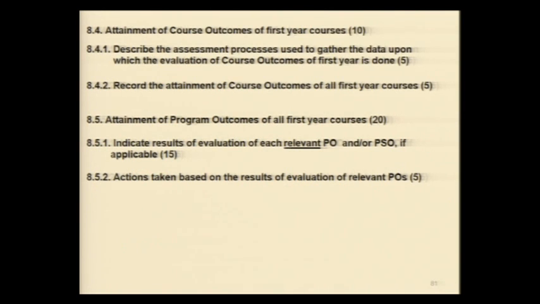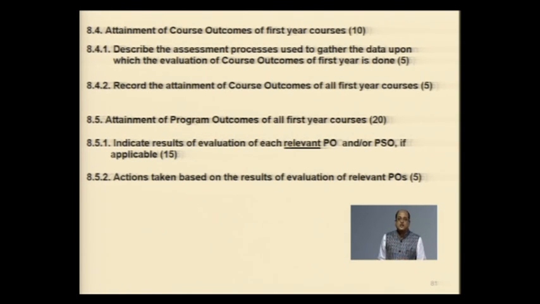Attainment of course outcome of first year courses. It has been explicitly mentioned that the course outcomes, courses which are relevant to the outcomes from the first year will be indicated here. So they have to indicate how the course outcome attainment, because earlier this portion was missed. And if you look at the attainment of the program outcomes, first year constitute in the literal sense 25% of the study of an undergraduate student, and if we do not look at this 25%, then the attainment is declared based on the 75%. However, first criteria in particular, and some of the criterias, typically the engineers attribute criterias, also has a lot of input from the first year studies in terms of humanities, social science, English, communication skills.